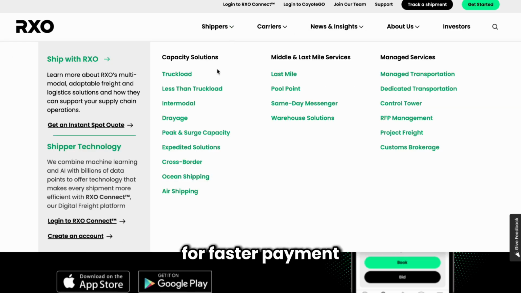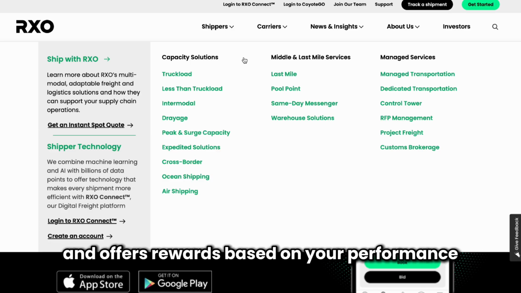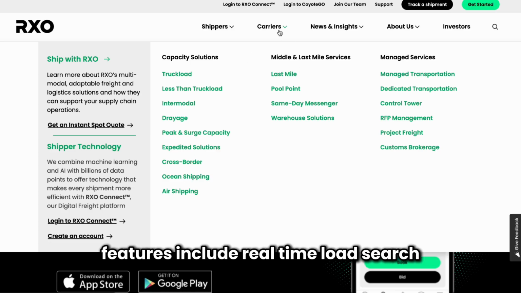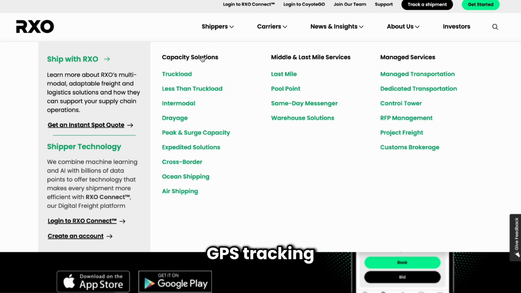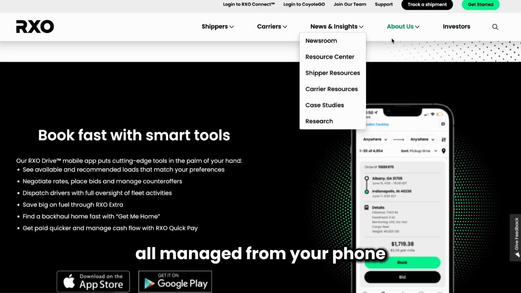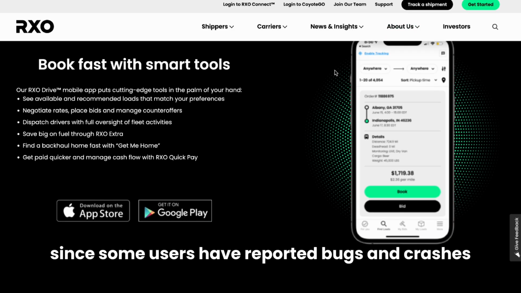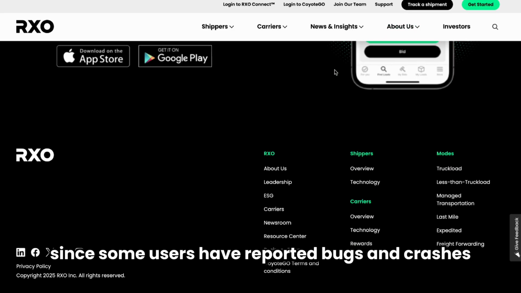documents for faster payment. It also suggests return loads to avoid driving empty and offers rewards based on your performance. Features include real time load search, GPS tracking, document uploads, in app messaging, and quick pay options, all managed from your phone. Just make sure you're on a stable device and internet connection since some users have reported bugs and